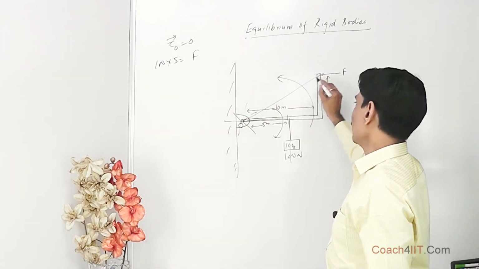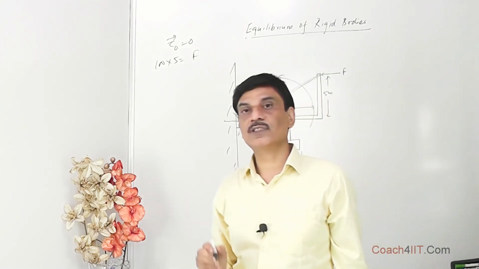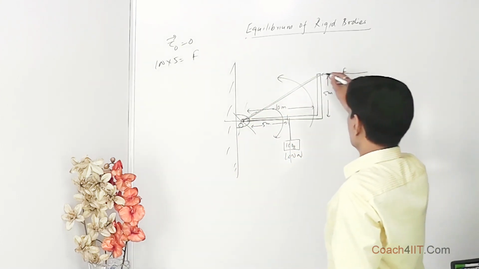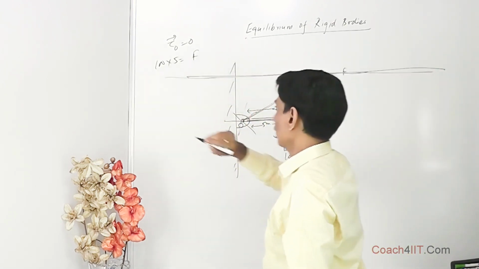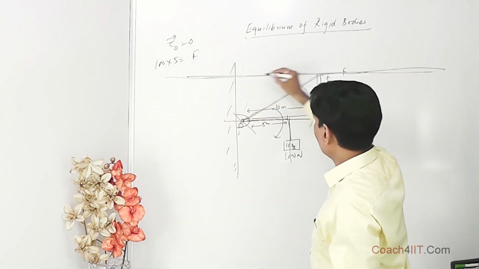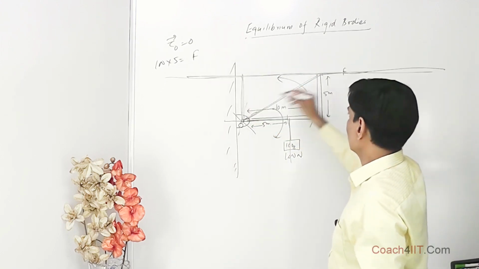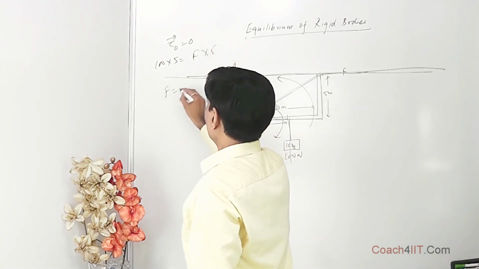now students most of the time take this as the distance. Please understand, this is not the distance. Torque is force into perpendicular distance between line of force and axis of rotation. If any confusion, you draw this. This is the line of force. This goes till infinity. So what is the distance of this line from this axis? This is the distance. What is this distance? This is 5 only. So this is going to be F into 5 only,